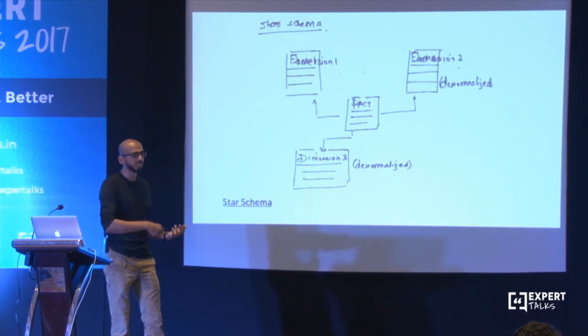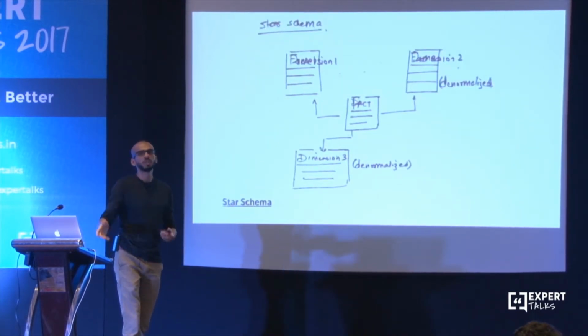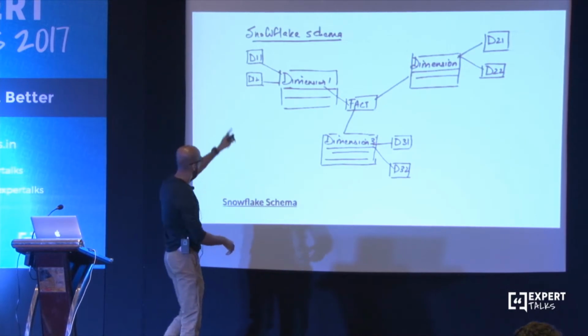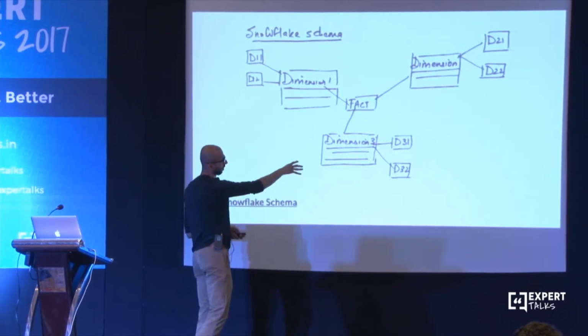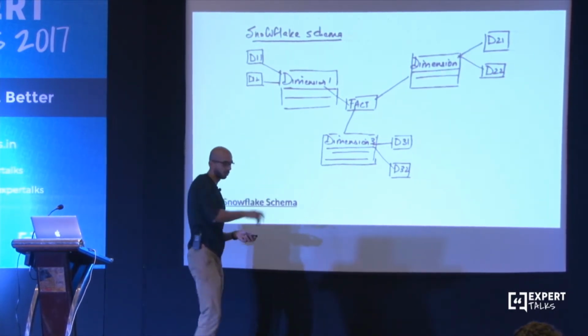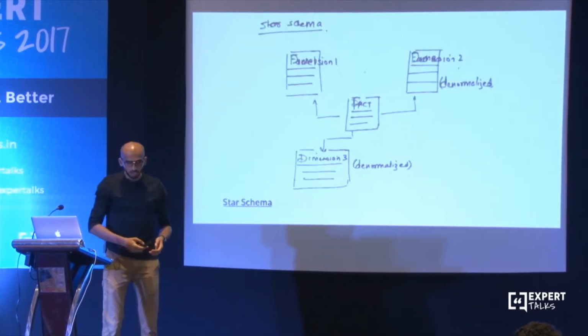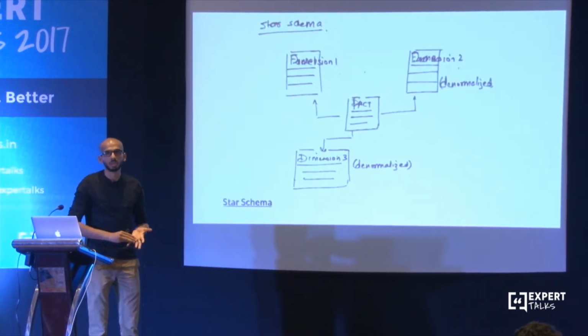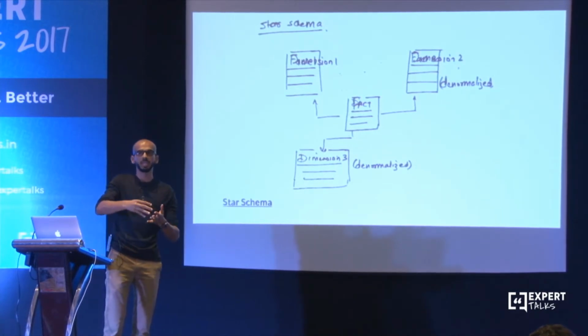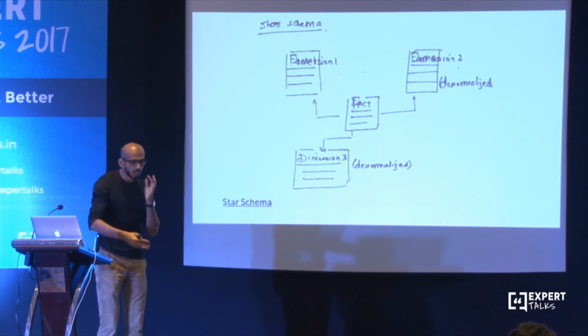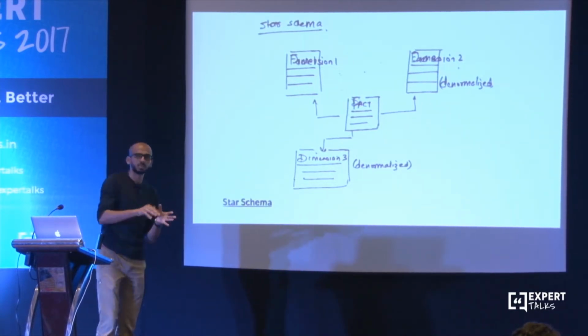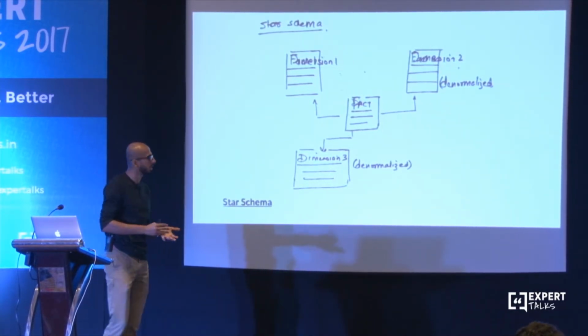So what you have to do instead is you convert the snowflake schema. Why is it called snowflake? Because it looks like a snowflake, because each of these has new tentacles which are connected to different dimensions. And you convert this into a star schema. So star schema is basically the primary point, most of the time, where data warehouse systems start, and this is what you need as a bare minimum to start doing your analytical workloads.